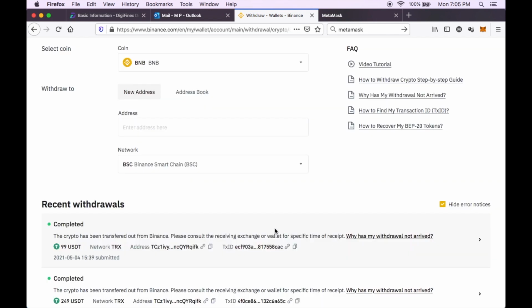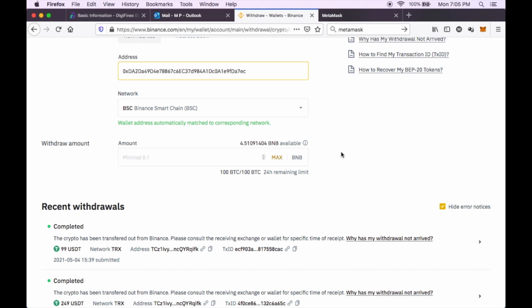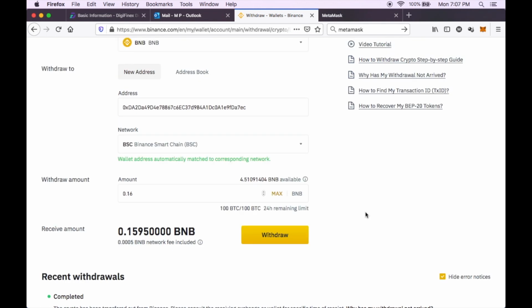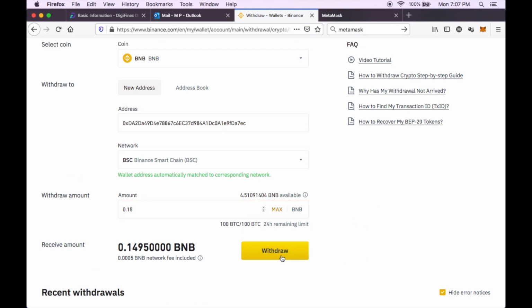So if you select that, what you're going to want to do is then select the amount of BNB you want to send. You don't need to do too much. At minimum, let's say $100 US. So for $100 worth, we're looking at today's price at about 0.15 BNB. So we can put that in, and if we go to withdraw,